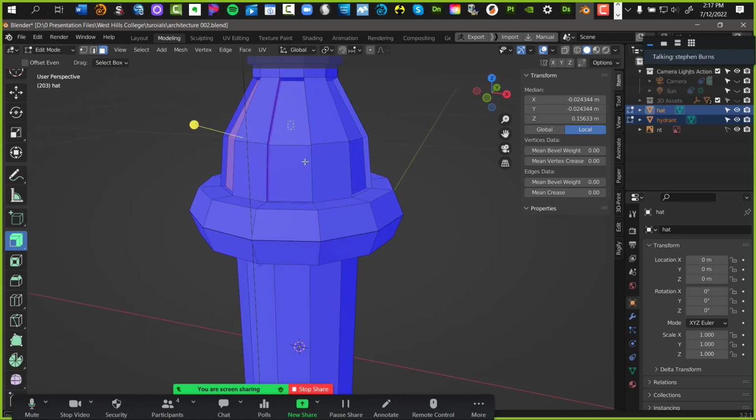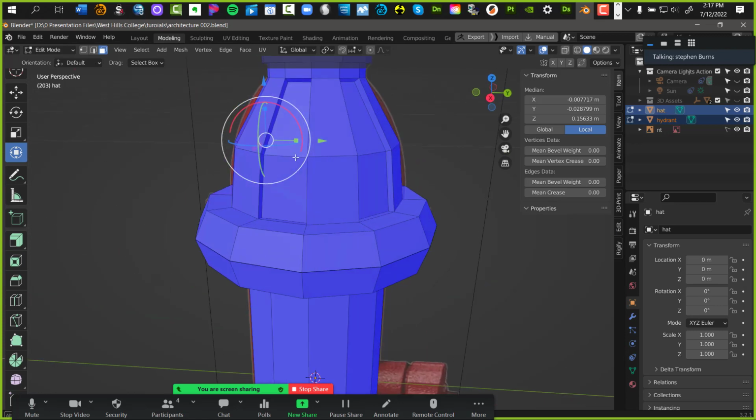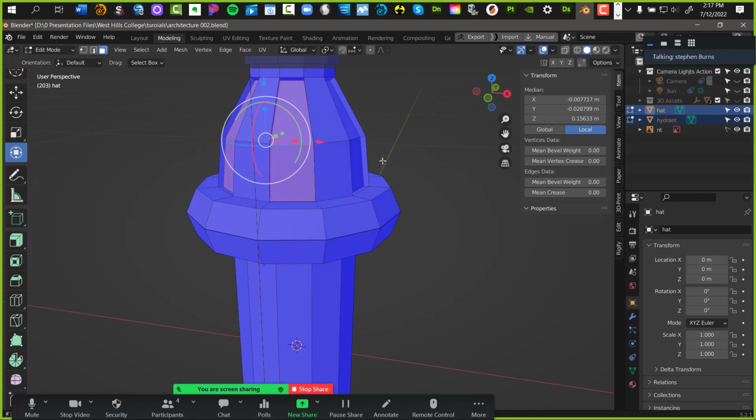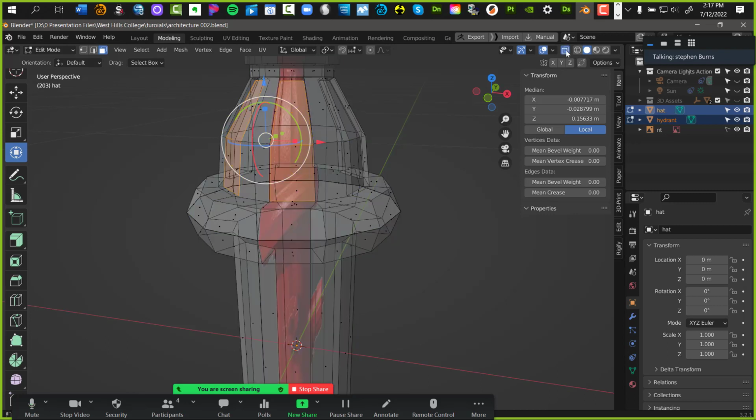Then you hold the shift key to select. I'm going to get out of that extrusion mode. Does that make sense? There's this little button up here at the top, two buttons to the left. Be patient with yourself because you weren't here yesterday. We went over all this already, so this is your first time seeing this.